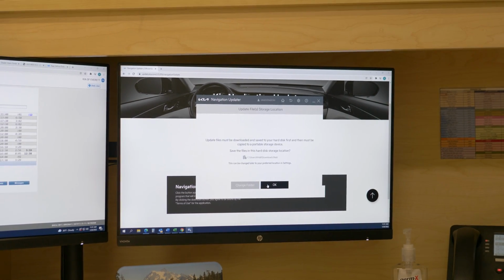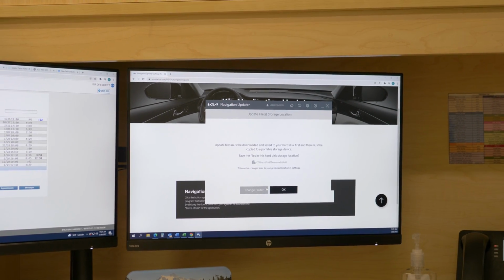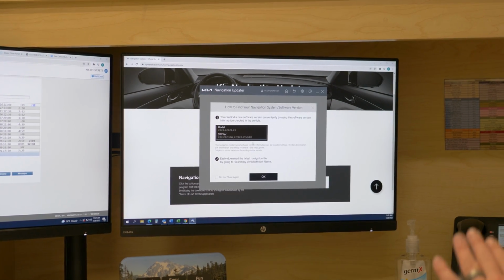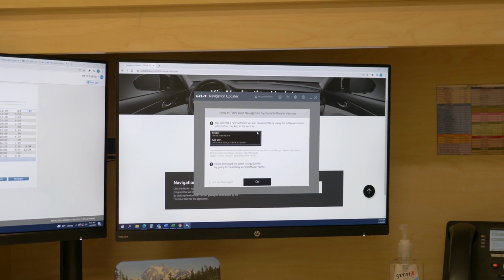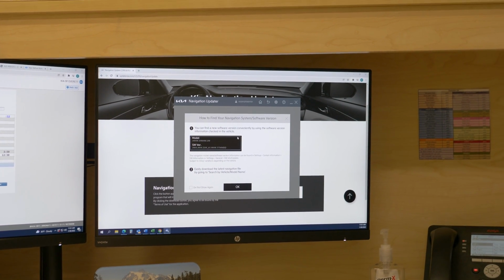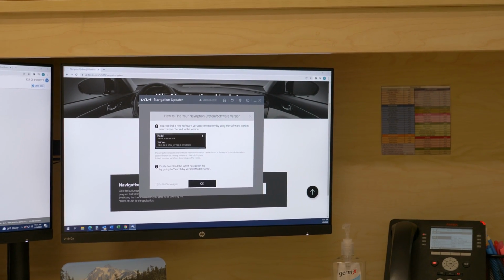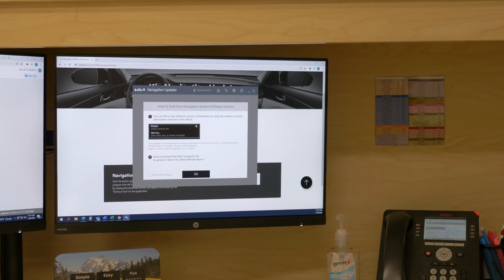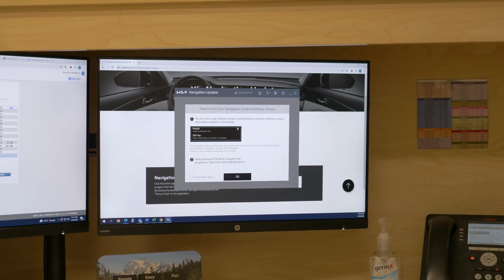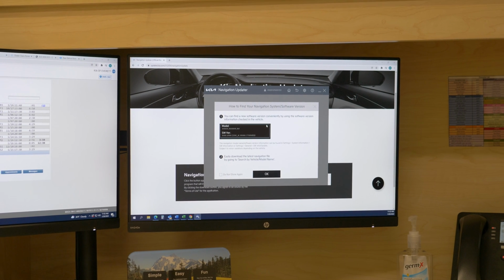Alright, so just kind of a notice here where the downloaded files will be saved. Again, you have an opportunity where you could change that location. If it all looks good, just select OK. Right here, it's a notice that tells you how to find the software version on your vehicle. So current software version, where you can then reference the update version to see if there is an update available for your vehicle. Now, updates typically come out every 1 to 2 years, so if you are a couple years or more since an update has been performed, then it's pretty safe to say there probably is an update available